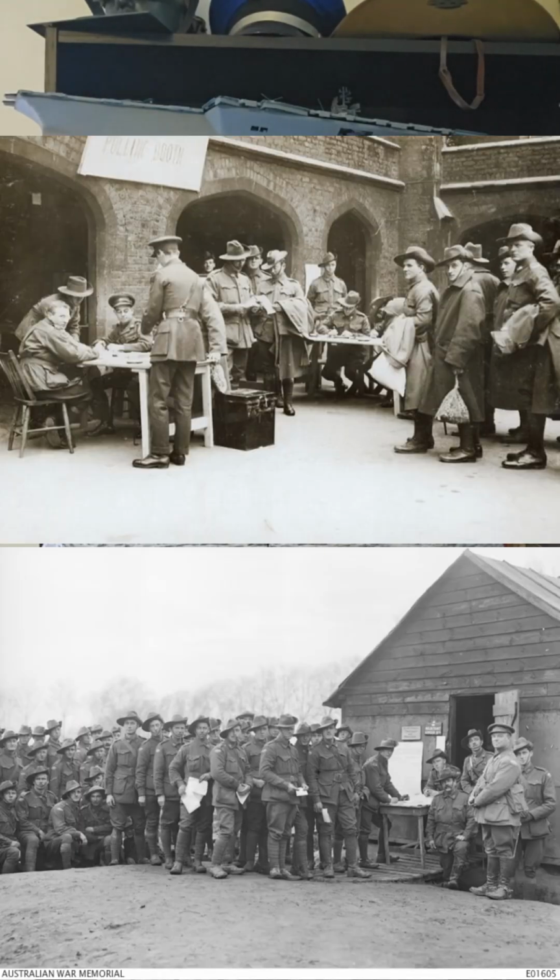By 1915, compulsory voting for referendums had been introduced just in time for the 1916 reinforcement plebiscite, but state and federal elections were still optional. Now, if you weren't in the trenches, you could vote in a polling station that looked very much like the ones we have now, but if you were in the front lines, your polling booth was probably a bit more makeshift. It could have been a dugout, a tent, or even a sand dune with an officer sitting at a